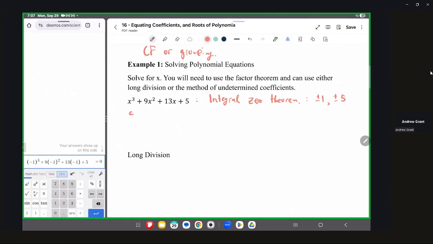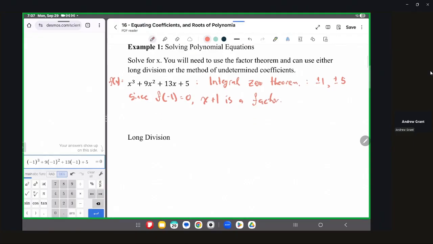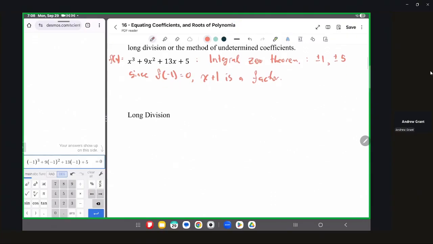So we can say, and we can call this f of x, f of negative 1 is equal to 0, we can say x plus 1 is a factor. And so if we want to test to see how this works, using long division,